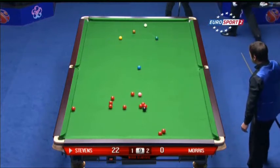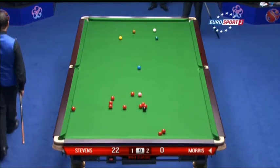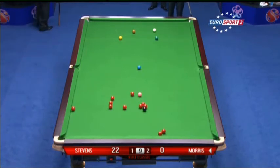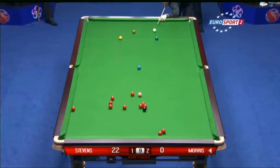Yeah, well, I think me and John had similar styles, actually, because we used to punch the ball around rather than a lot of these lads who stroke them, like the Ronnies and the Stephen Hendrys and all that sort of thing. But definitely we used to punch into the ball. And I started as a young kid with the old crystallite balls, and it was damp conditions, so you needed a pretty good cue action to push the balls around the table. I think all of the old stars started that way, but the new stars, they start in these conditions straight away,